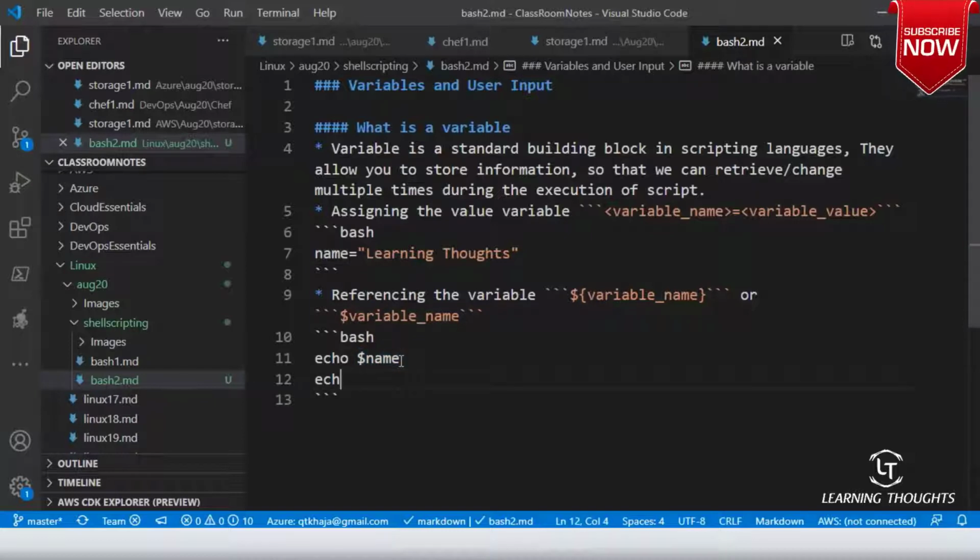Or you can do echo dollar name, or you can write something like echo name equals dollar name. To experiment with all of this, let me quickly create one machine in our AWS console.